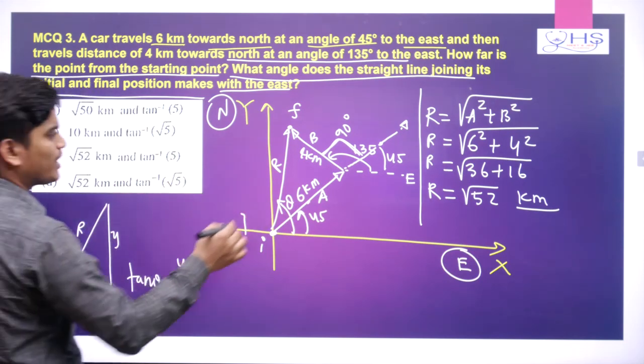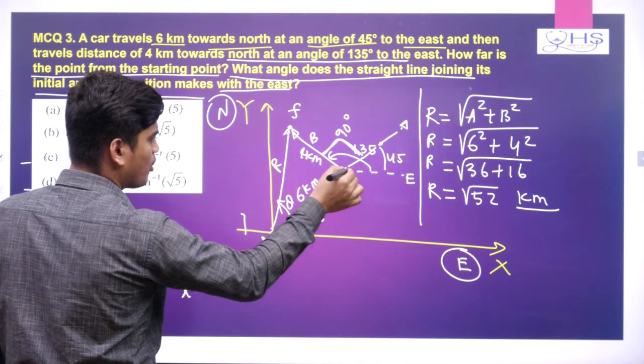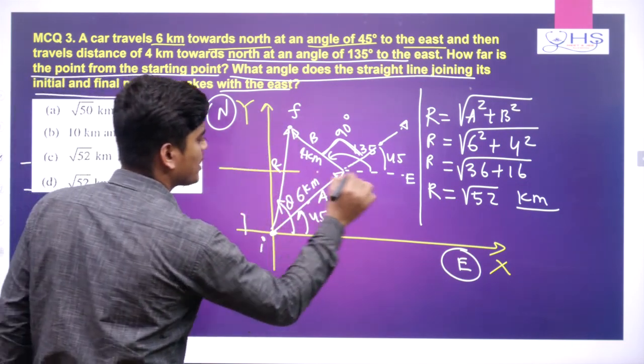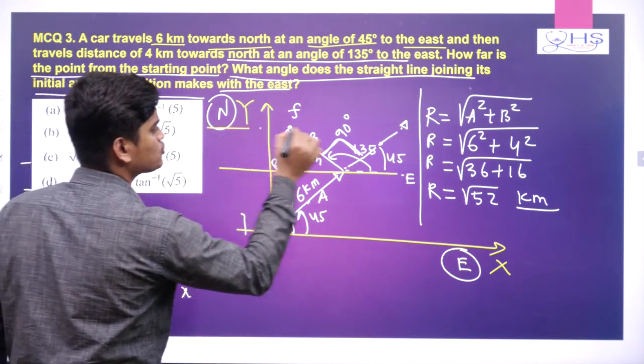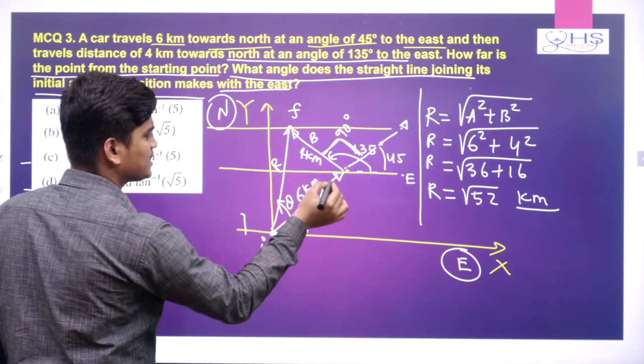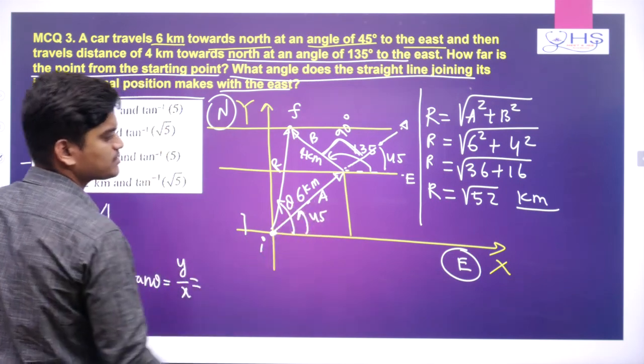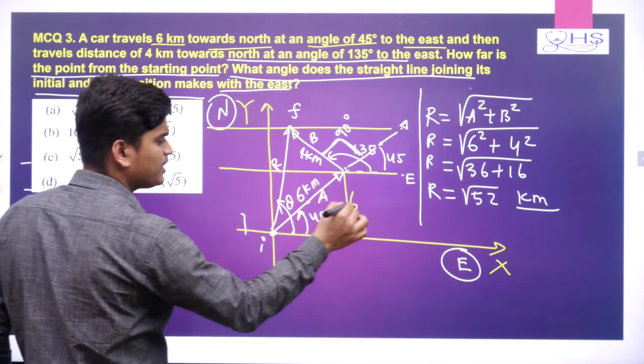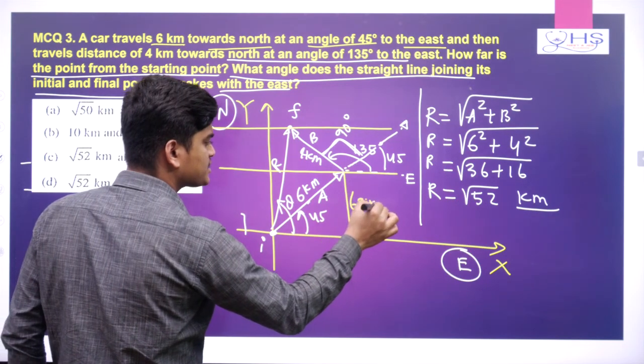So what do I have to do? I have to take the components of 6 and 4, then I can get the vertical. Now see, here I am giving a reference line, and here also a reference line. First I am finding this vertical distance. If this vector is 6 at 45 degrees, the vertical is 6 sine 45.